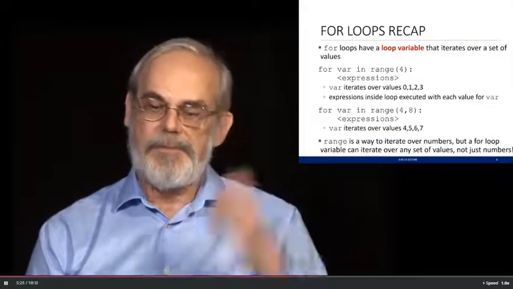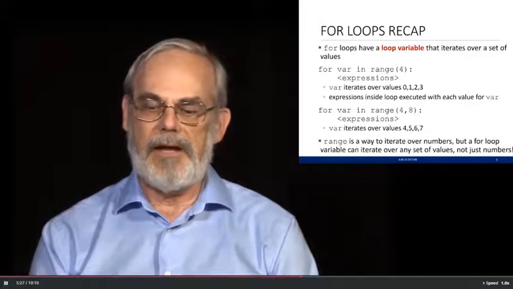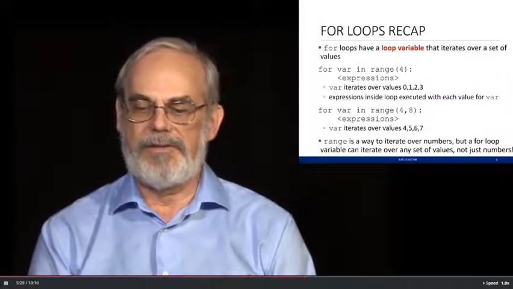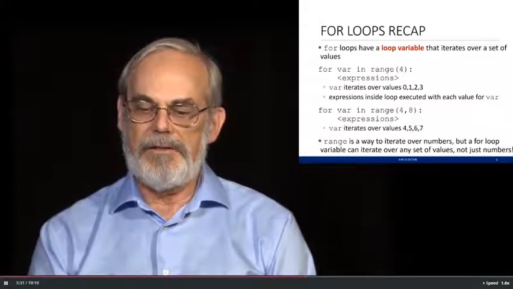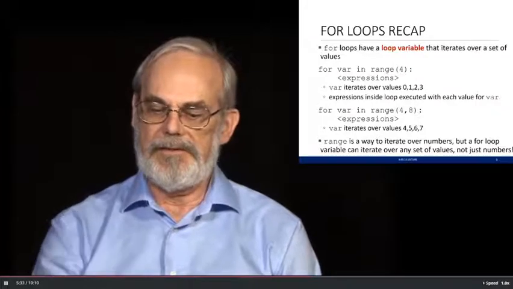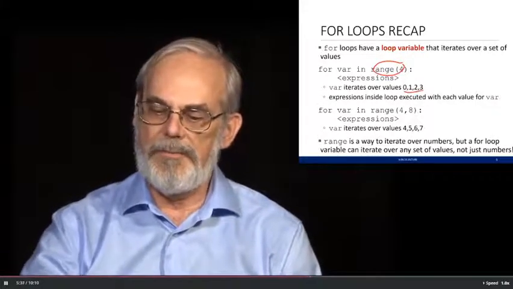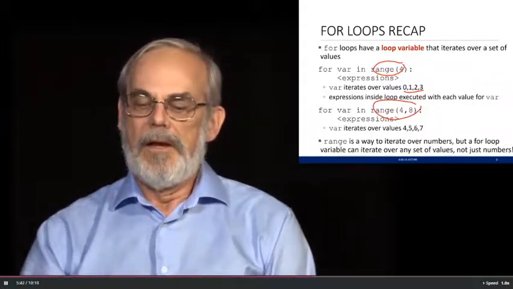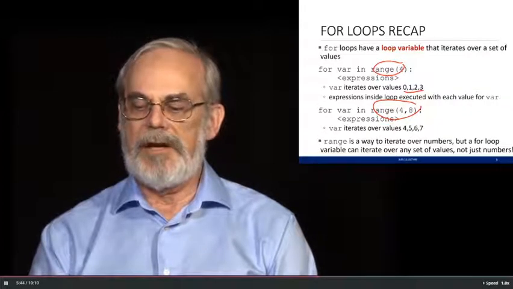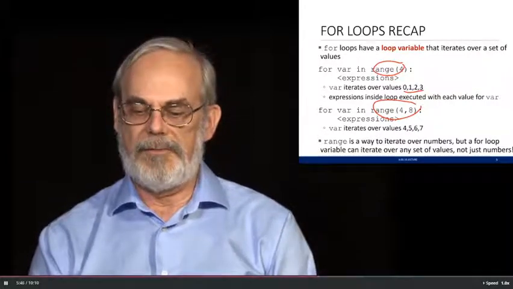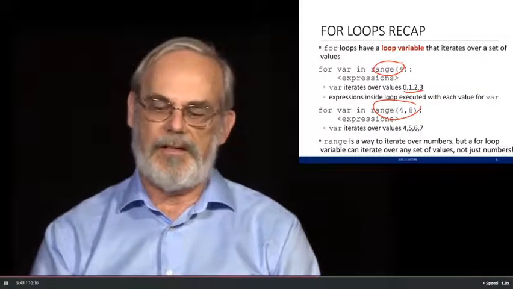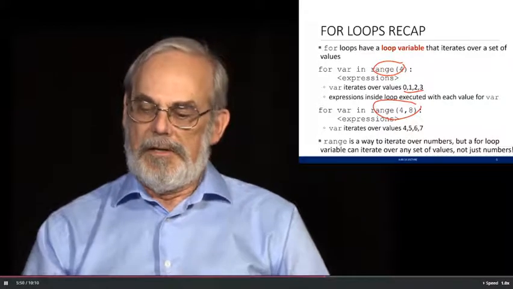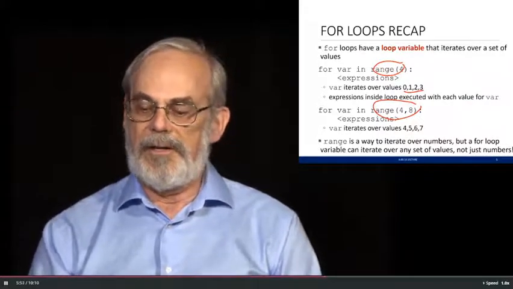Finally, remember for loops, a quick recap. We have that idea of having a loop variable that iterates over a set of values. And we can either do that with simple things like the range shown here, which is going to go from 0 up to 4, but I could also do it starting at 4, going up to 8. Expressions inside the loop are going to be executed for each value of the variable that I use. And so range is a nice way to iterate over numbers, but a for loop variable can iterate over any